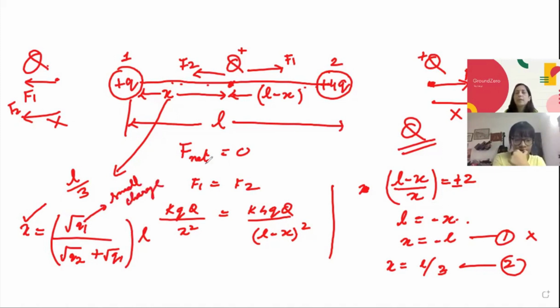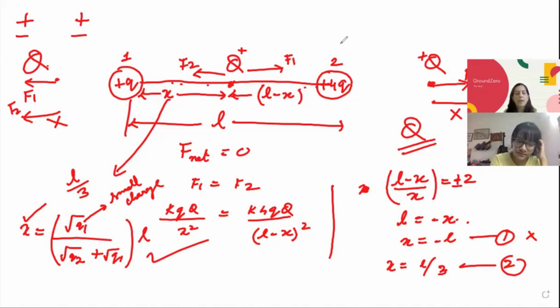So there is a rule: if both the charges are the same, let us suppose positive-positive or negative-negative, you have to bring a third charge and keep it at a distance closer to the smaller charge. That distance x is given by this formula, or you can just derive the whole thing.